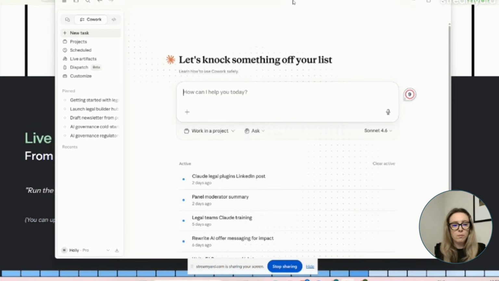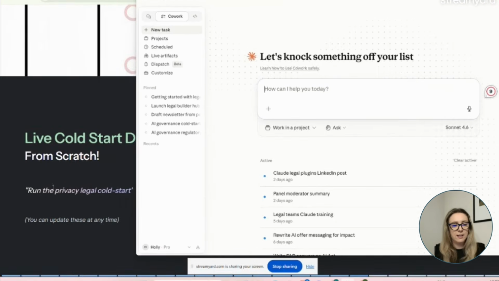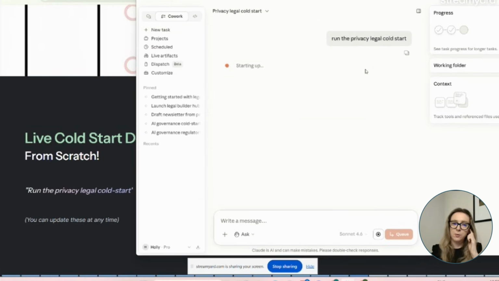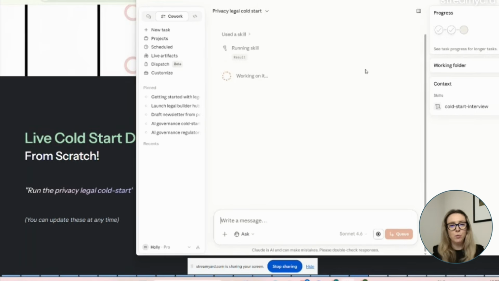All you need to say is this sentence here: "run the privacy legal cold start." Right, let's see what it does. It's just starting up the session. As I say, it takes some time to process, and if you want any extra information, or you want to understand about the prompts I use, how to set it up, or extra tips,